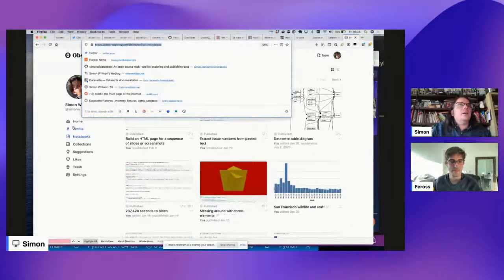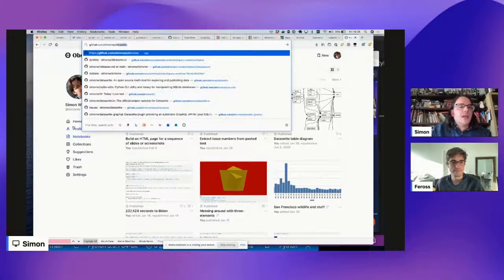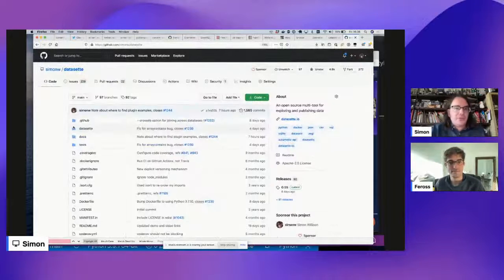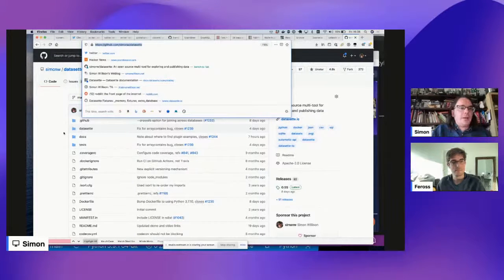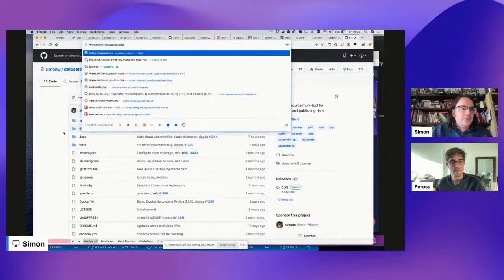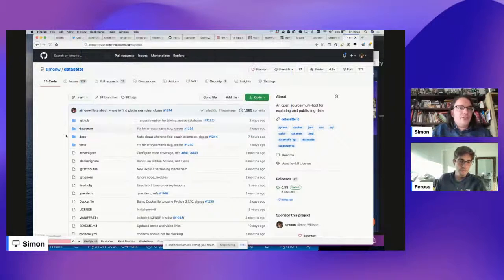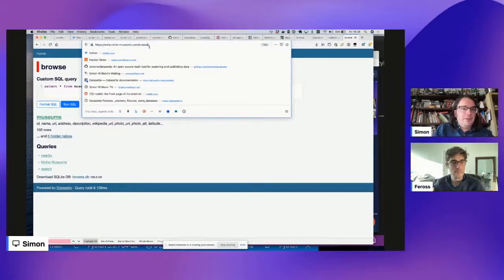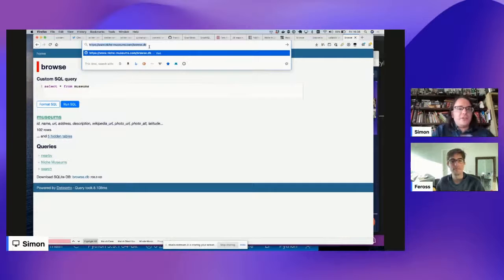Oh, it was, no. I took one of Mike Bostock's things and modified it, because SQL.js does have the ability to fetch a SQLite binary file over the network. So with my museums example, you could absolutely run SQL.js and load the browse.db file. That was the bug fix I did: I added CORS headers to the binary file so that you could fetch it using SQL.js from somewhere else. So that totally works. But you need to load the whole thing into memory, which is a bit of a